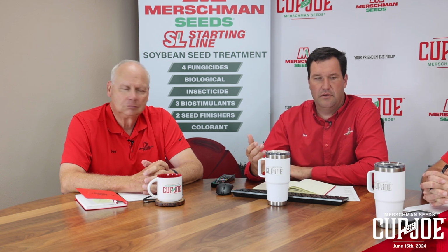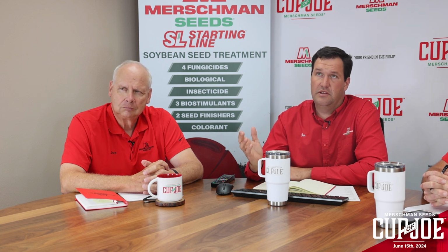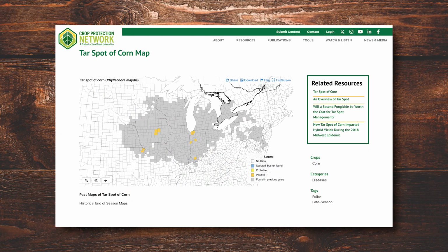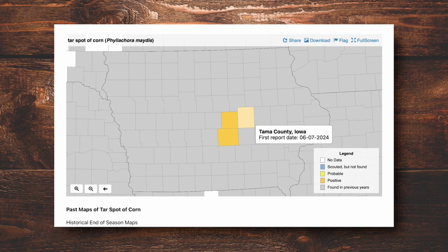So what I wanted to show everybody that's watching is there is a tar spot map where it basically identifies a county and gives the date for when that county first saw tar spot. It's on the Crop Protection Network. If you Google Crop Protection Network tar spot map, this page up here will show up. So the first identified and confirmed county in the state of Iowa would have been Tama County on June the